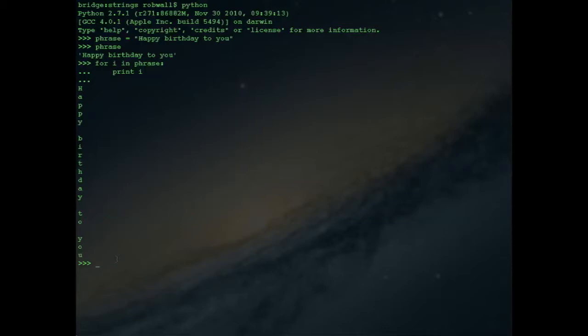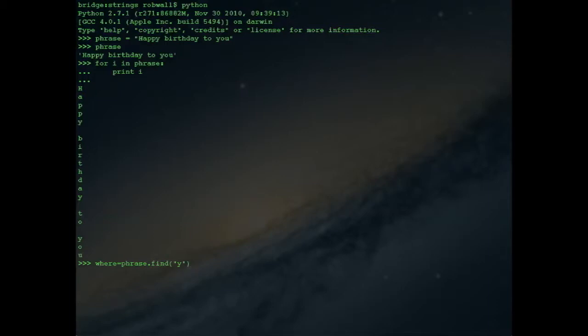What else can we do here? I think maybe another thing that I'll do is show you how to do a find. That's a good thing to be able to do. Any string has a function built in called find, and here is how we're going to use it. I'm going to create a variable called where, and I'm going to assign it the value of phrase.find. So find is this function. Any string, you tack on .find, and then the only parameter for that is the character or the substring that you're looking for. So if I want to find out where the letter y is,